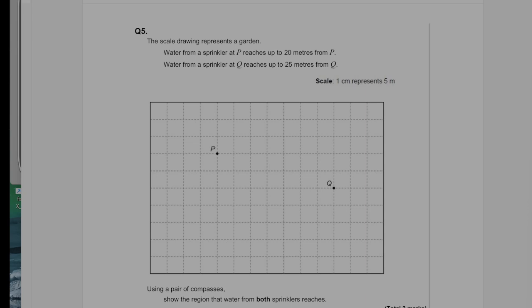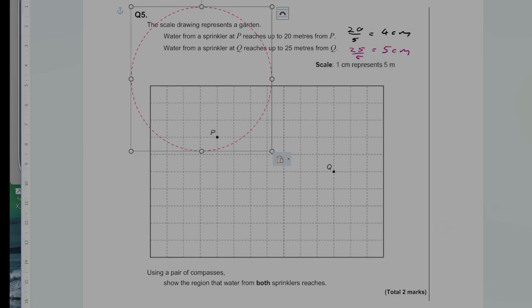Okay, so if water from sprinkler P reaches 20 meters from P, 20 divided by 5 is going to give us 4 centimeters. And then 25 divided by 5 is going to give us 5 centimeters. So I want to, from P, do a circle with a radius of 4, and then from Q, a radius of 5. So to help me out here slightly, what I'm going to do is,